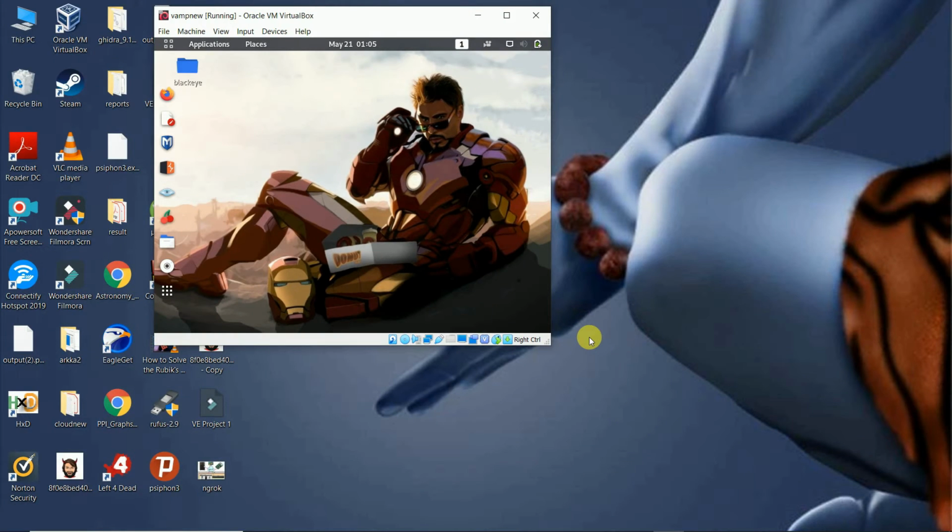Now we are gonna start with the downloading and installation procedure. If you want to use this ngrok tool on your Windows operating system, you can definitely use it. But for today's session, we are gonna focus more on a Kali Linux machine. So we will see how to download and install it on Kali Linux. This is our Kali Linux machine, and it's working on VirtualBox. So it's a virtual machine. Let's open it.